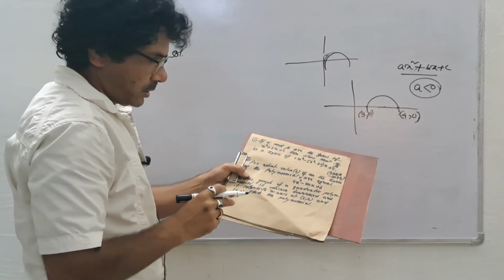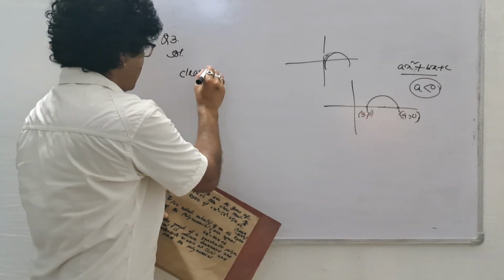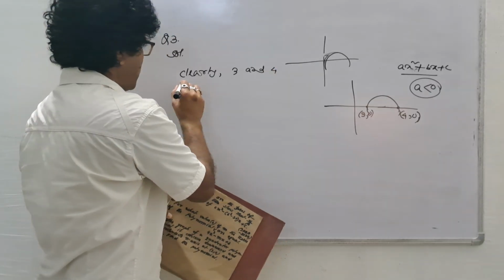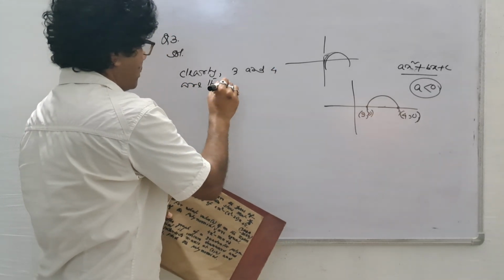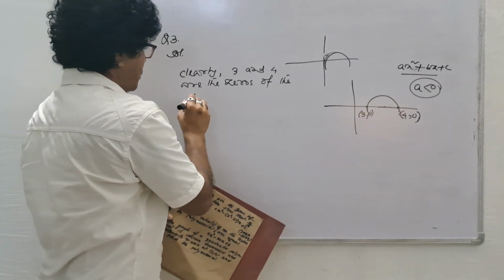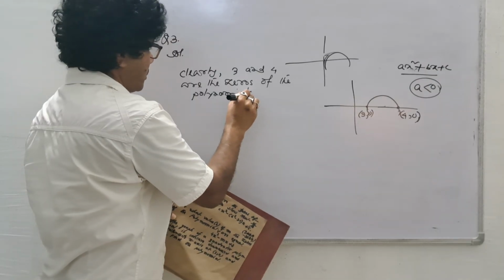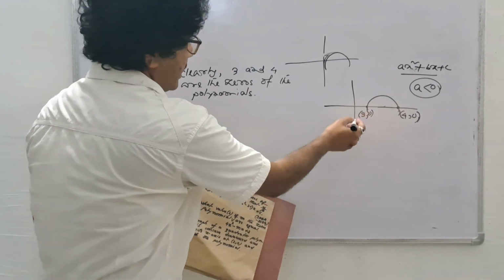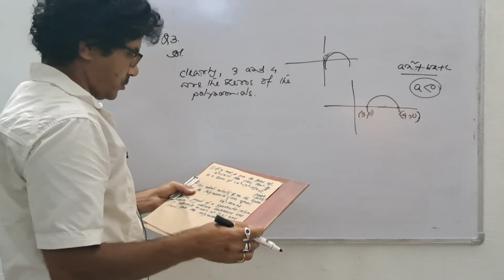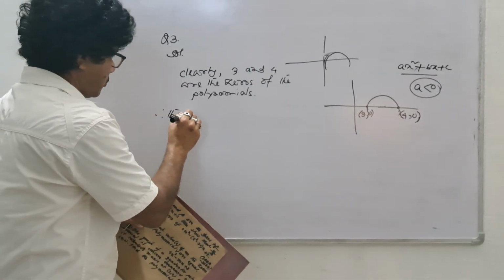So you see, at (3, 0) and (4, 0), clearly 3 and 4 are the zeros of the polynomial. The x values are the zeros of the polynomial. So clearly 3 and 4 are the zeros of the polynomial. Therefore, the polynomial